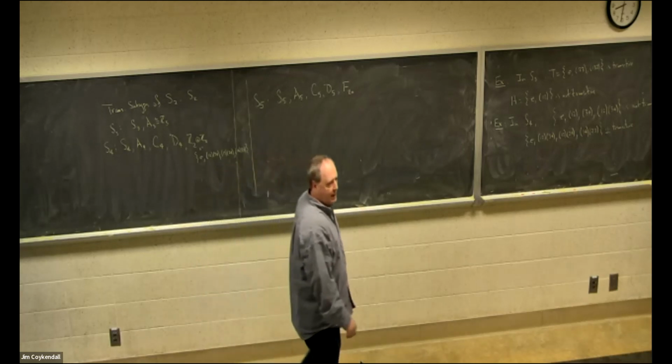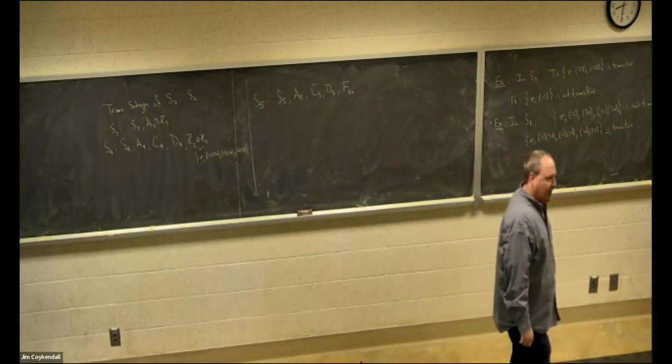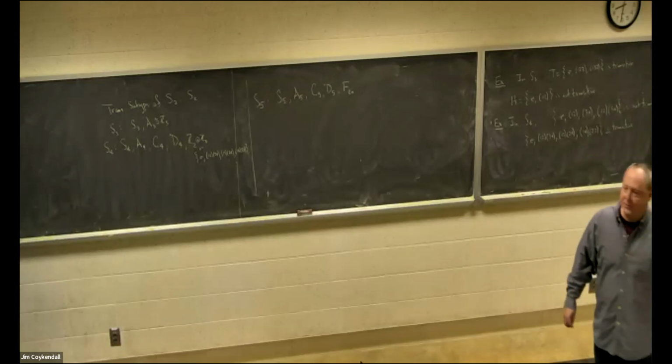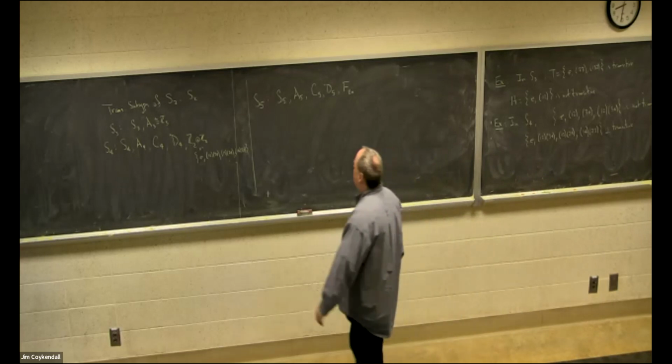And this is where I quit, because up to isomorphism, there are 16 transitive subgroups of S6, right? Big mess. It turns out that